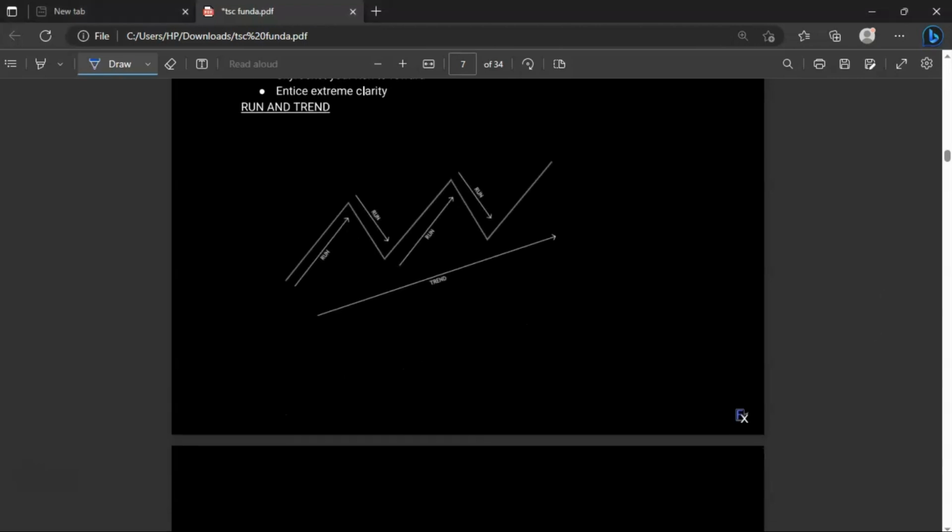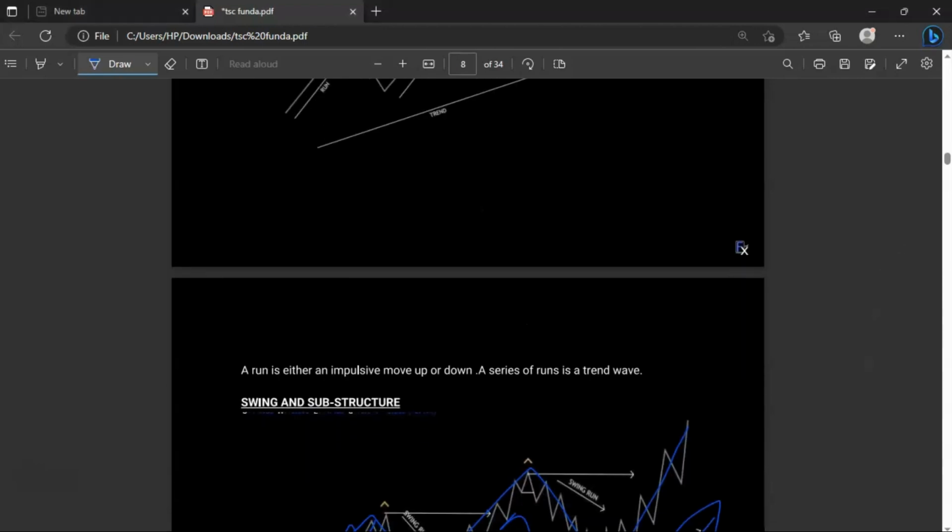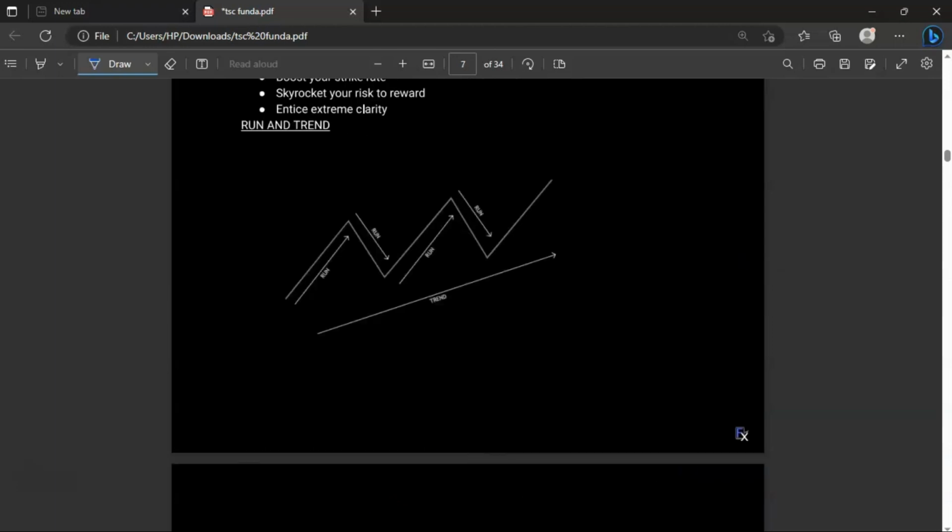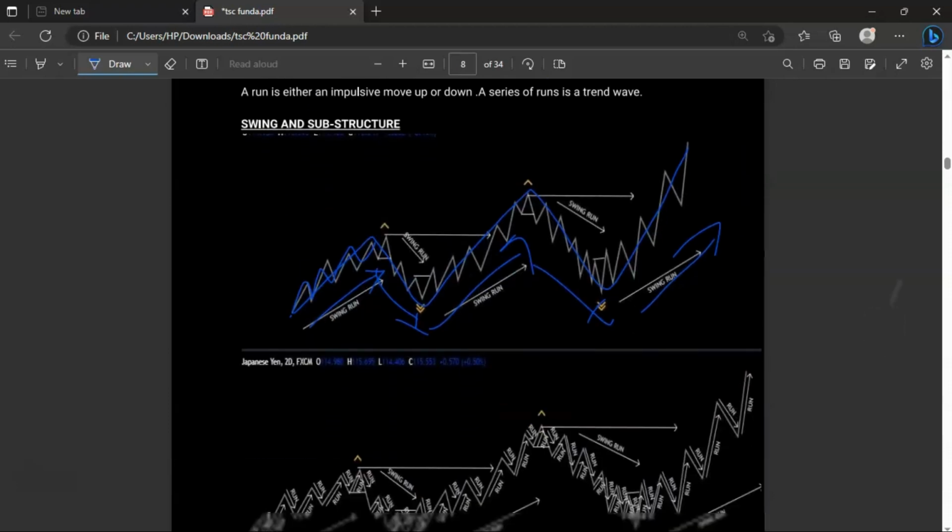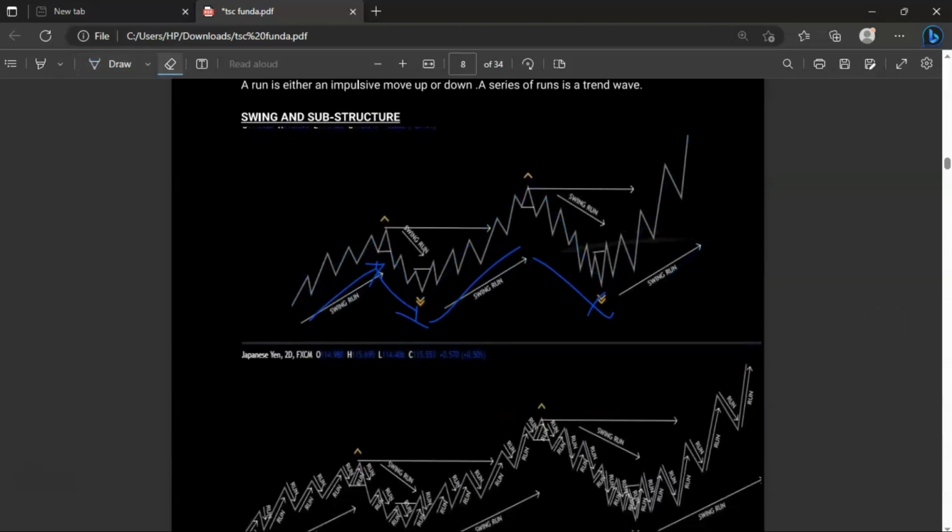But let me give you a definition of a run. A run is either an impulsive move up or down, and a series of this run makes up a trend or wave. As simple as that. So just a single move is a run, a move down is a run, up, down, up. Every single move is a run. So now let's move on